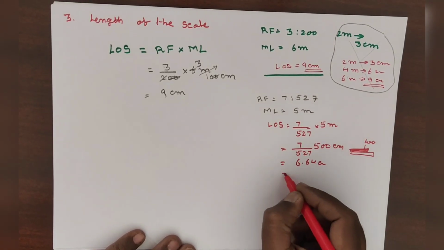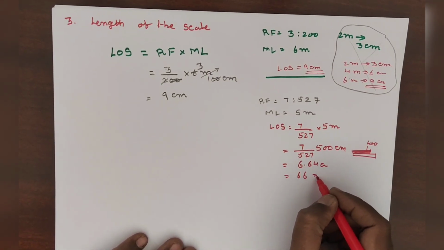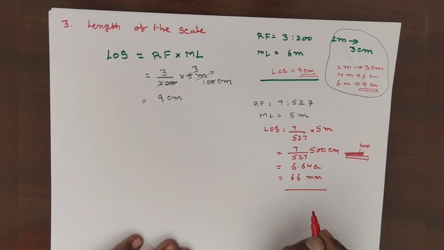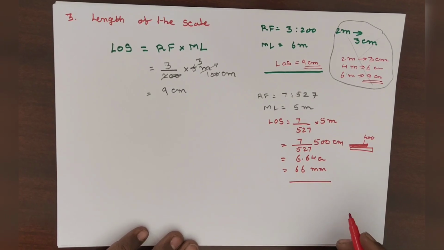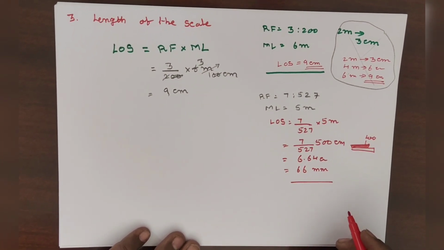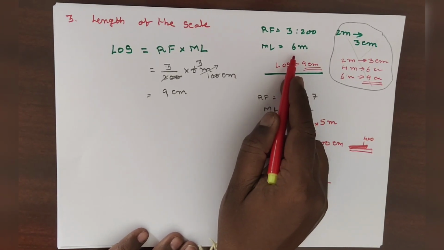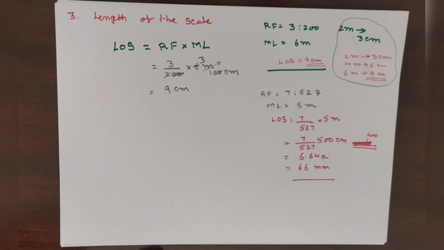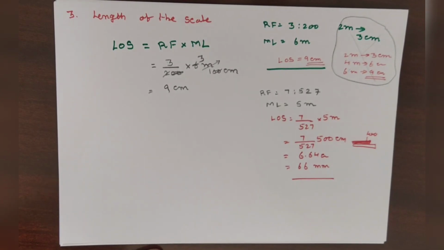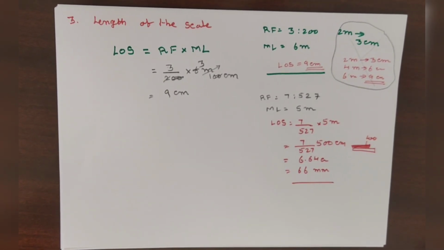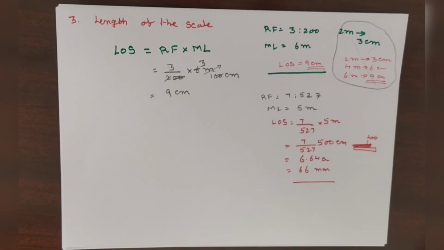4 centimeters, that is nothing but 66 mm. So we have to draw a line of 66 mm. It is equivalent to 5 meters. In our problem, 9 centimeters is equivalent to 6 meters. Is it clear to all of you? Yes, sir. Good. After finding out the length of the scale,